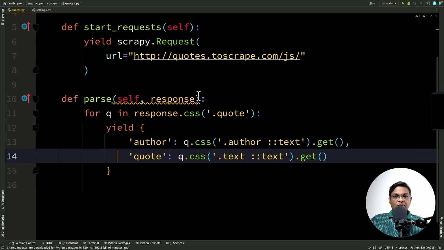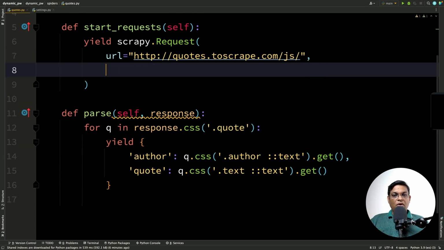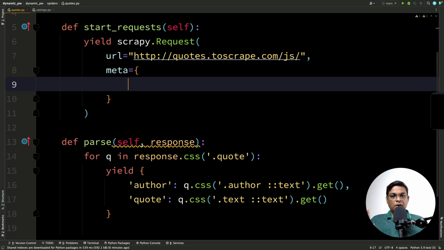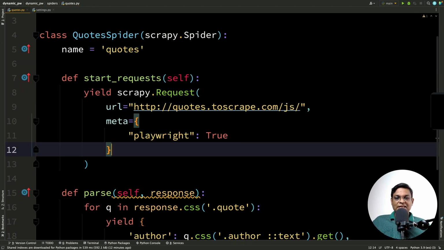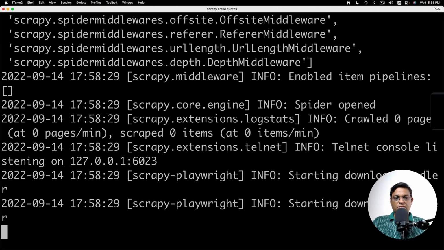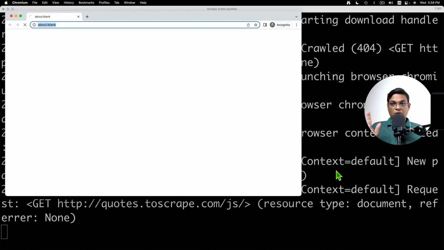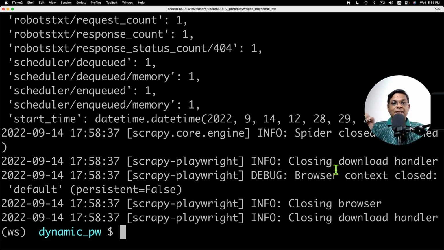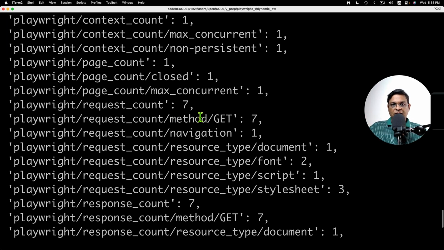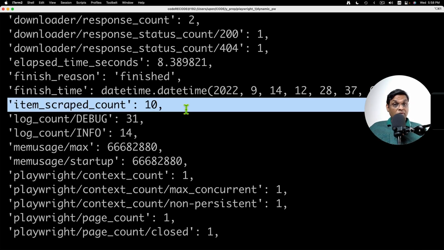Now the next thing that we need to do is make changes in the spider, and there is only one line of change. All we need to do is provide a meta keyword. The dictionary key name is playwright, and all we need to do is set it to true. That's it. This is the only change that we needed to make. Now let's run it from the terminal. Scrapy crawl codes. Now you will see that it's starting the download handlers. This one is taking time because it's launching a full browser, and there we go. So you can see that the full browser opened just for a second. You can see a lot of things in the logs, but what is important is we have all those 10